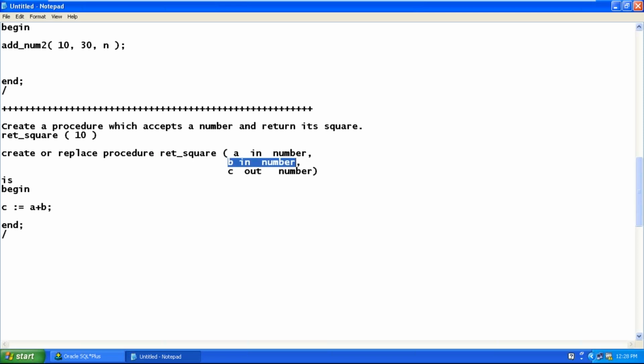A second input parameter is not required, only one input parameter, A, and one output parameter, B. Then begin, and B equals A into A. That's it. Perfect.